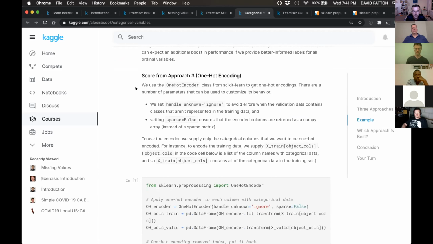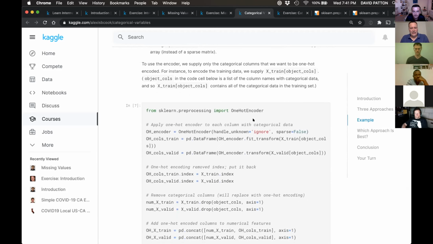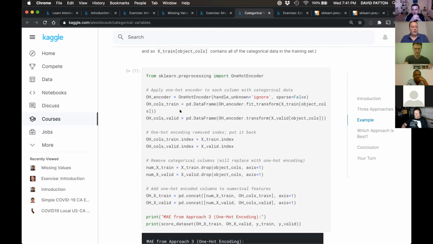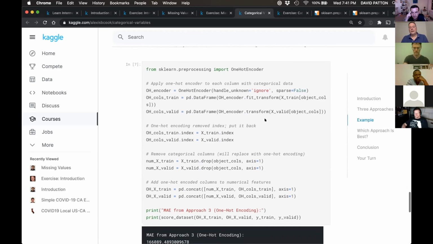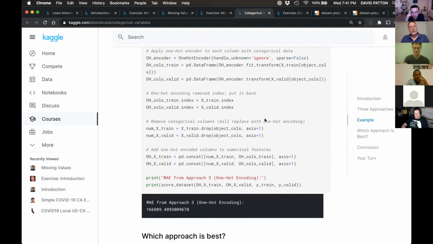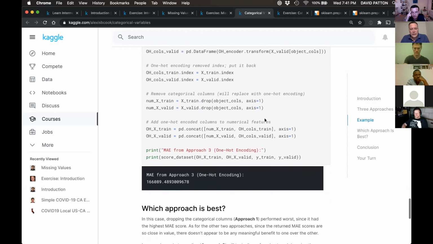Approach number 3, we're going to do one hot encoding, and we'll do that using, again, a nice feature from sklearn called one hot encoder. I should have pointed out earlier that, again, we're doing the customary way you do transformations. You do the fit on the training data and the transform on the training data, and then the validation or test data, we only do transform. So here we're going to